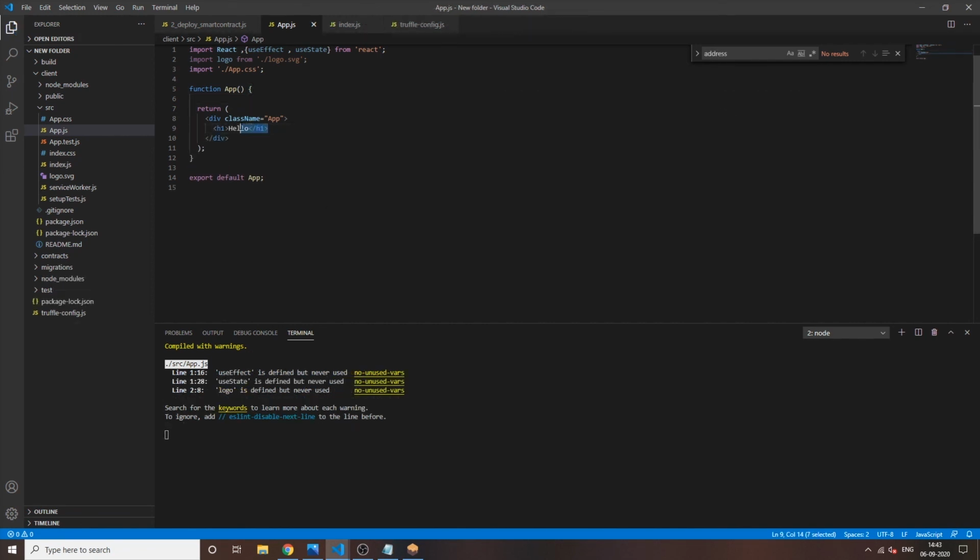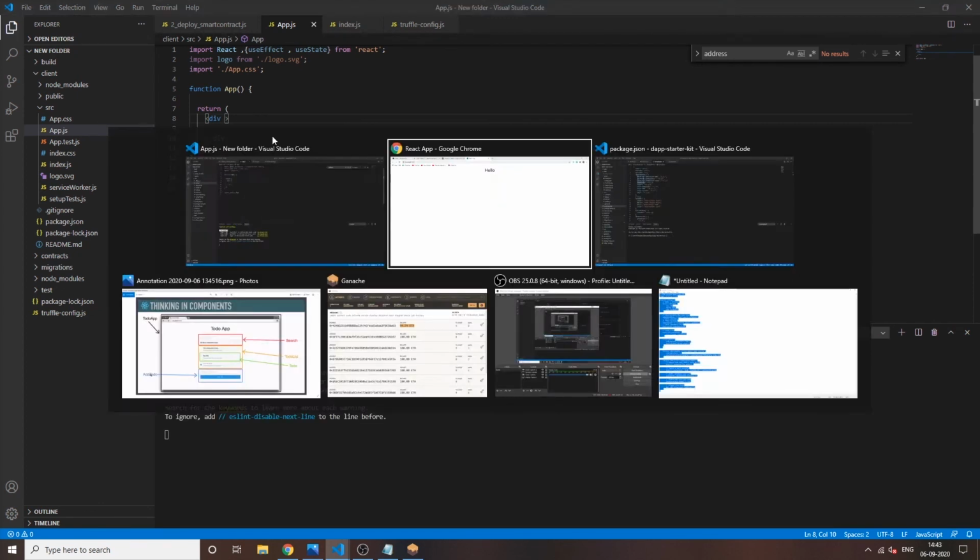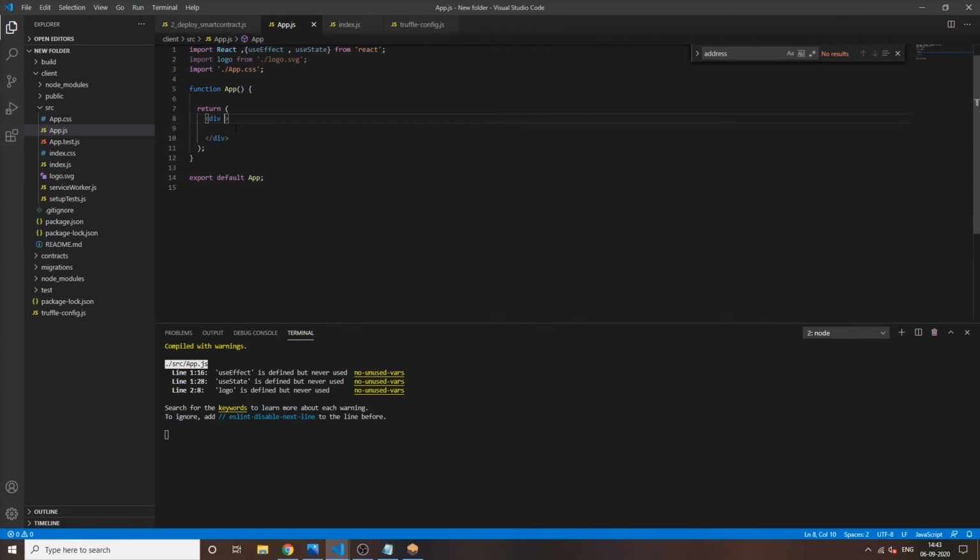Now what we will do is remove the h1 tag. We will just define a navbar. Just remove the class name, save it. Now you can see you cannot see anything on the browser. I will paste the navbar code that I have copied from the Bootstrap website. You can also go through many navbars.